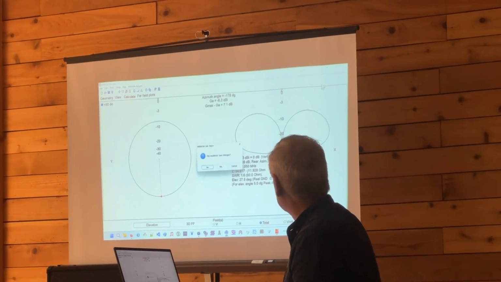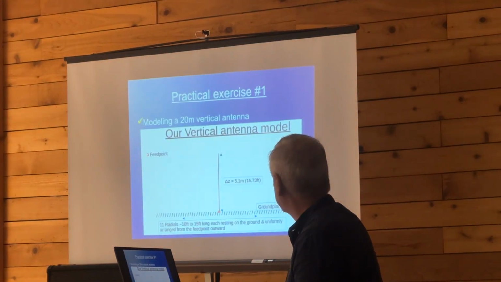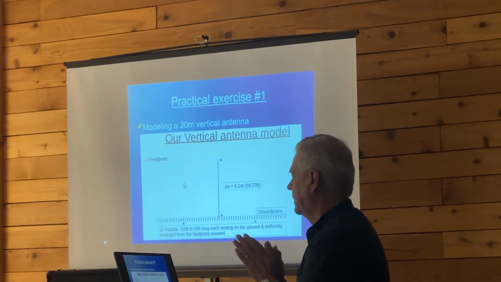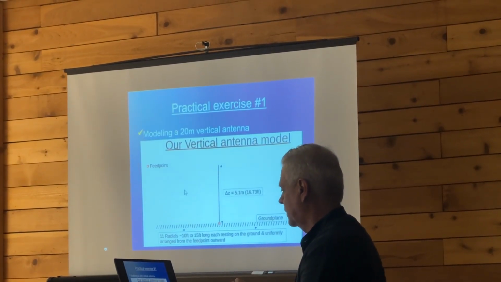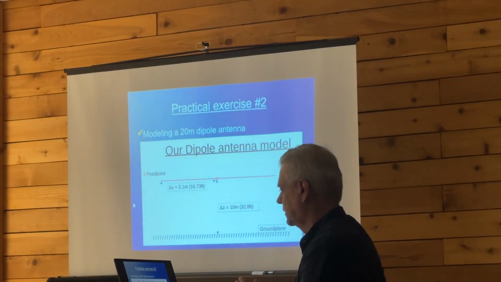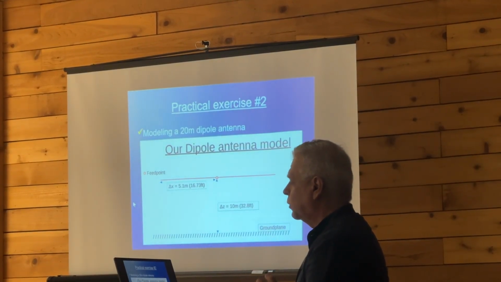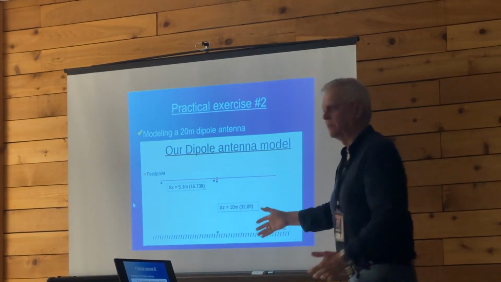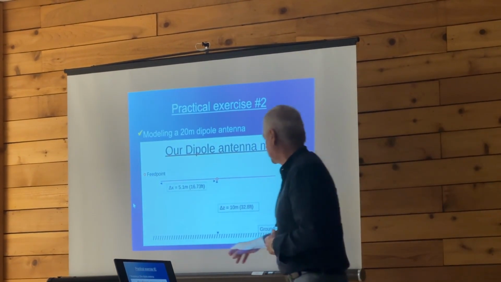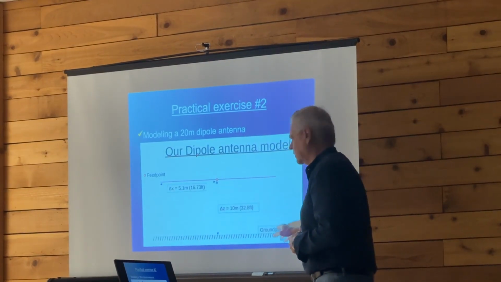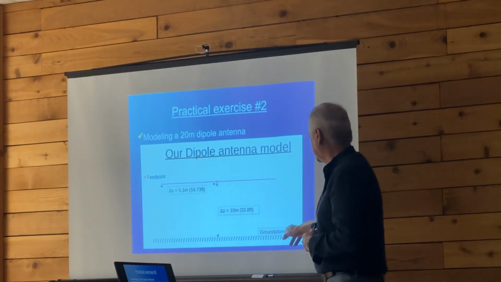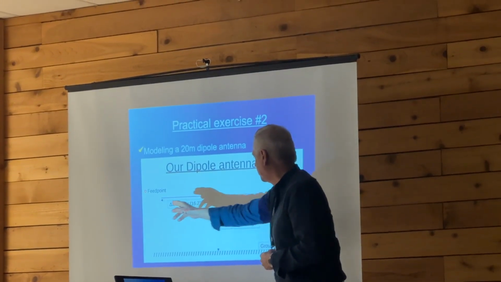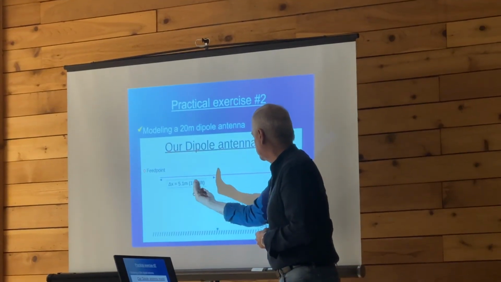We'll close MMANA GAL. You don't want to save anything. We'll go back to the top. Next practical exercise is, okay, we're going to model a 20-meter dipole antenna. Again, a bit of word about this, it's the best sketch I could make, so apologies if it's not very clear. The hatched area at the very bottom is our ground plane. Now, what we have with the dipole is just a straight element of 5.1 meters in that direction from the source,